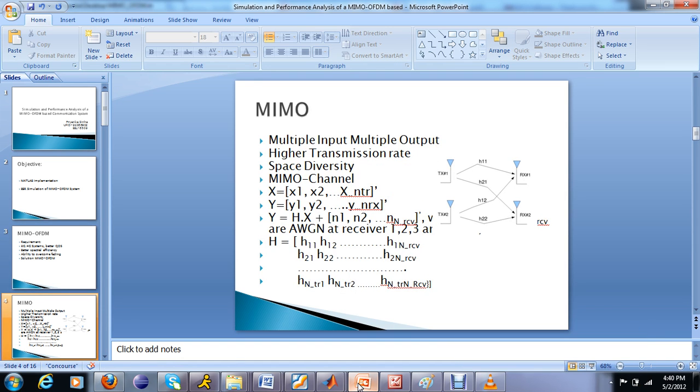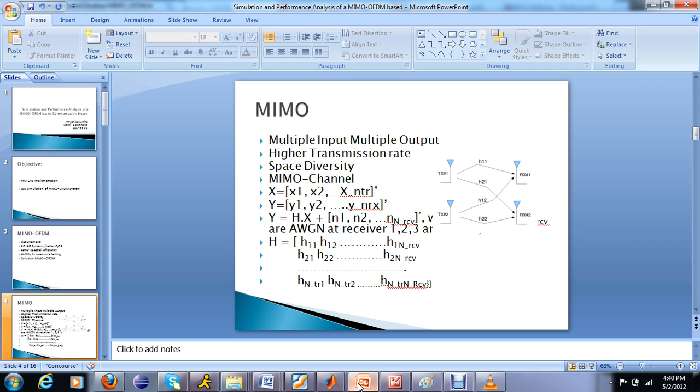First I'll talk about a MIMO system. A MIMO system means there will be multiple receive and multiple transmit antennas. For example, I have a 2x2 MIMO system, with 2 transmit and 2 receive antennas. As we can see, from each transmitter antenna to each receiver antenna there exists a different channel. So there will be 4 channels. So if I have a system where I have NTX number of transmit antennas and NRX number of receive antennas, I will have NTX multiplied by NRX number of channels,